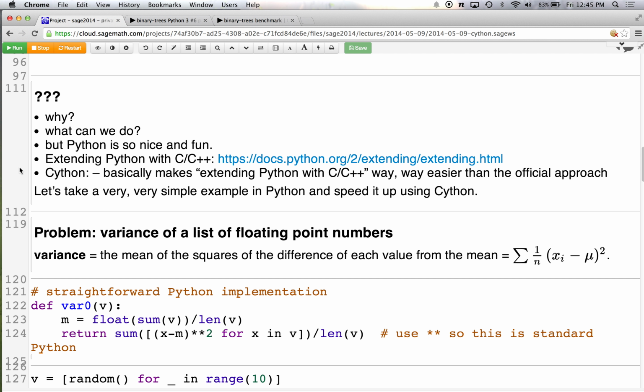Helps enormously. So here's a problem we're going to solve. Just a little tiny sample problem, but it shows the sort of start to finish of going from something that's really slow but straightforward to implement to something that's only slightly more complicated but dramatically faster. And here we are. So the problem is compute the variance. That's the number whose square root you take when you compute the standard deviation, an extremely basic thing in statistics. It's the average of the squares of the differences of your numbers from the average, or from the mean. All right, so that's the thing we're computing.